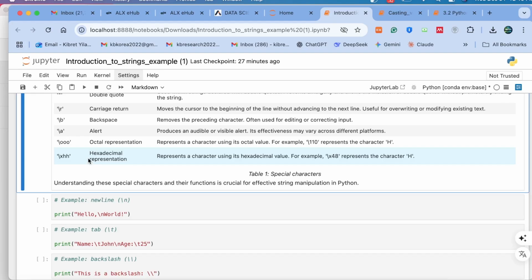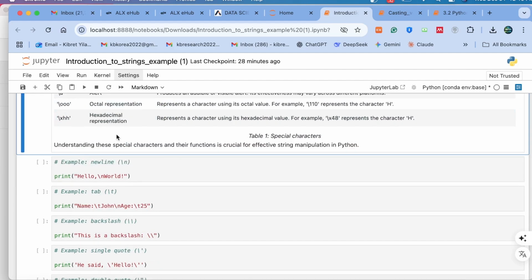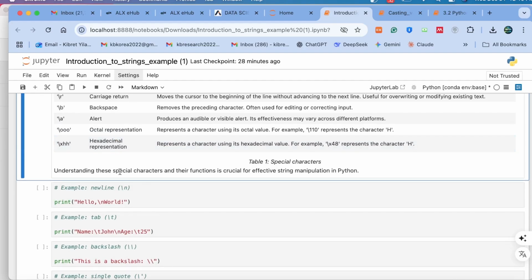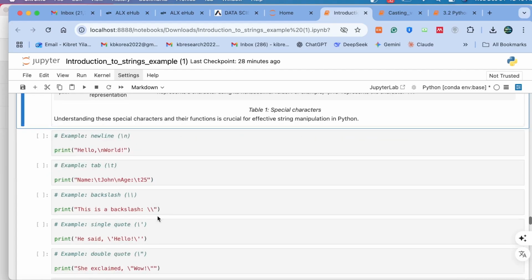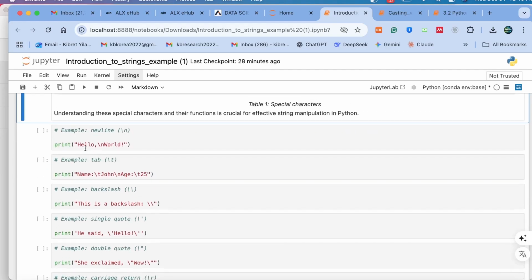If it's a binary or numerical number, it changes to octal, okay? So let's see in the practice case. Hexadecimal representation represents the character using a decimal value, okay? For example, look at this. \x48 represents H. Here is a hexadecimal representation. Look at this. For example, let's print H,